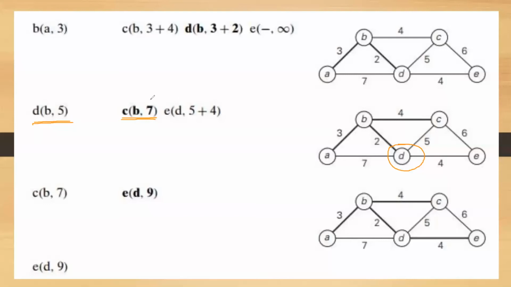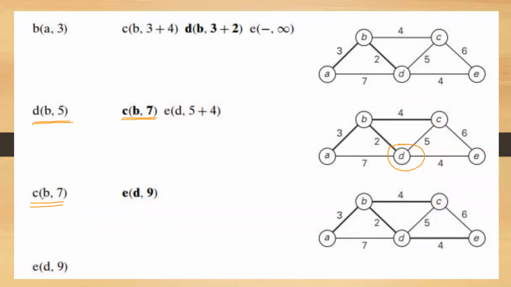Now out of these two, which is having lesser? C is having lesser, therefore it becomes the part of the tree vertex. Now C has become the part of tree vertex via what? Via B, and that is why you are drawing a thick line here from B to C. And while you added D, you selected B to D, because the parent tells which edge has to be selected. You are selecting D via B, and that is why B to D is selected.